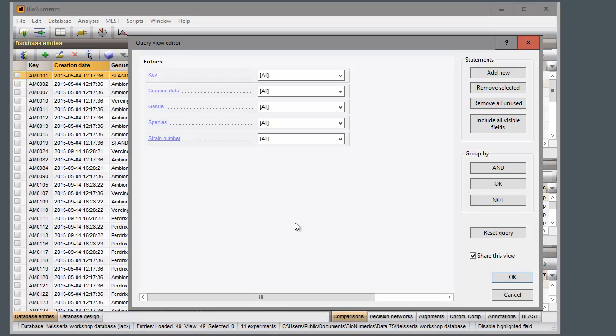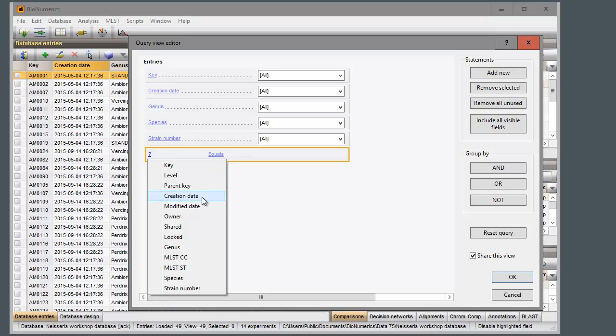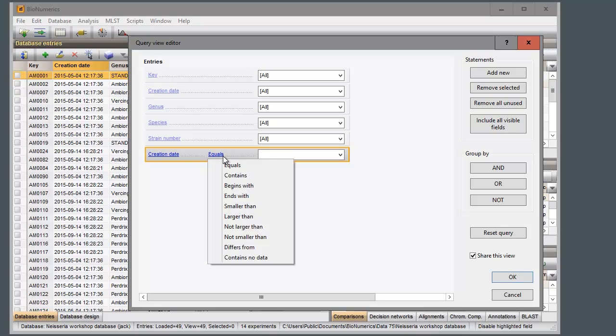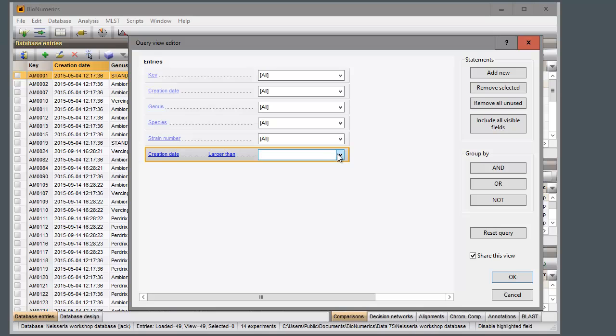I add a new item to the list. I select creation date. I choose larger than and select current date minus 14 days.